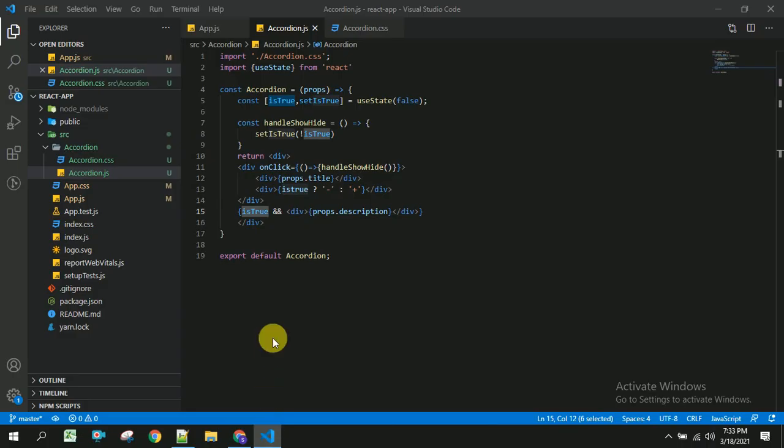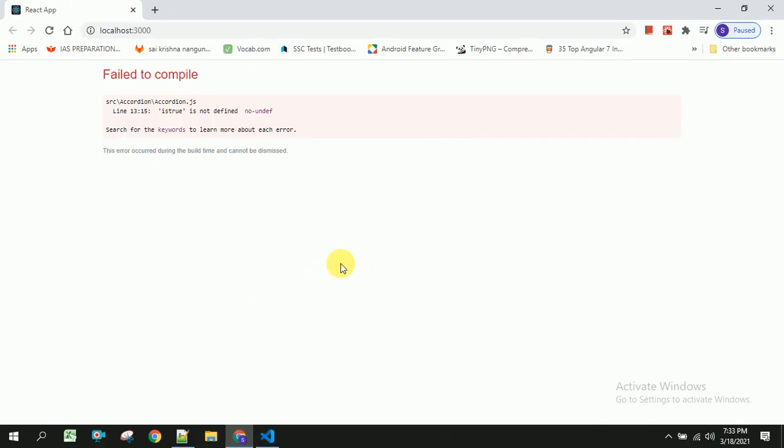Line 13, isTrue is not defined. Okay, sorry. So let us refresh this again.